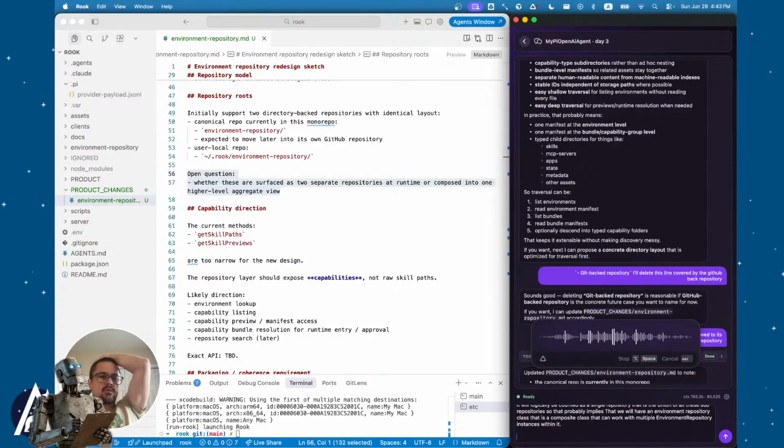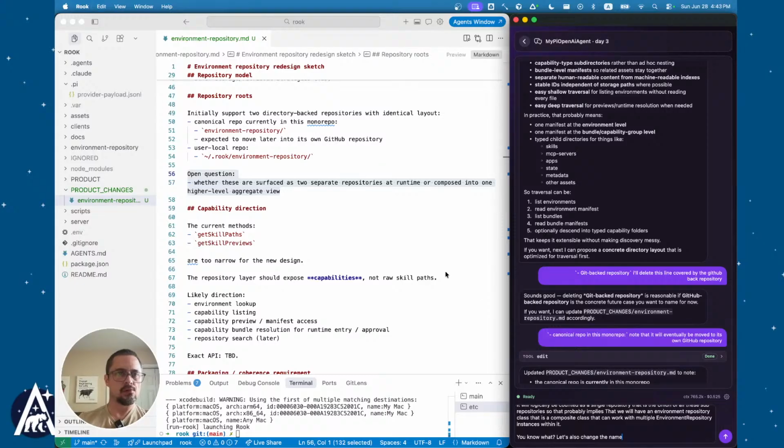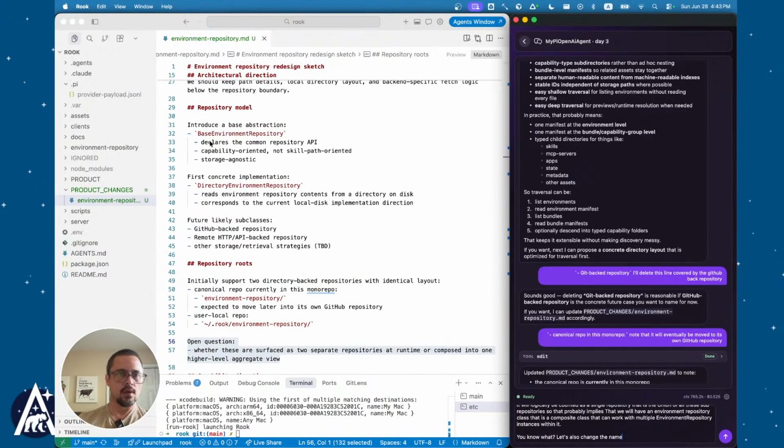You know what? Let's also change the name. Base environment repository to just